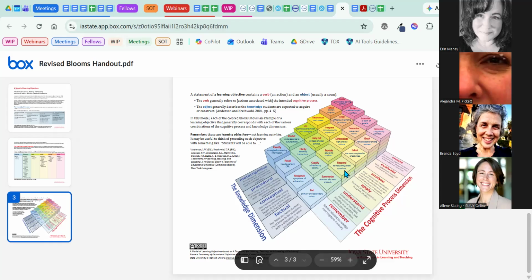And so when you're looking at objectives, at stated learning objectives for a course, you want to see a variety of elements from the knowledge dimension and the cognitive process dimension, not just everything at factual, unless that's what the course is actually about and all they need to do is memorize pharmacological terms or something like that. But typically, in a course, you're going to want to hit a little bit across all of them, depending on the level of the course and the discipline, of course.